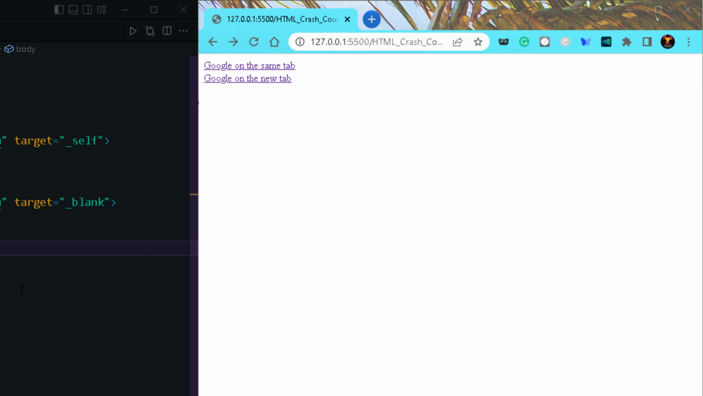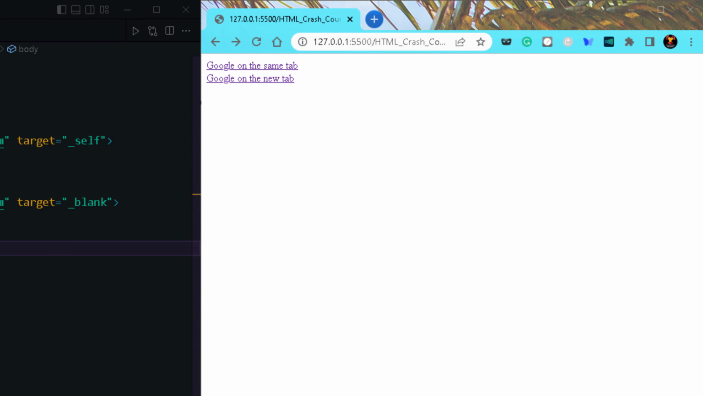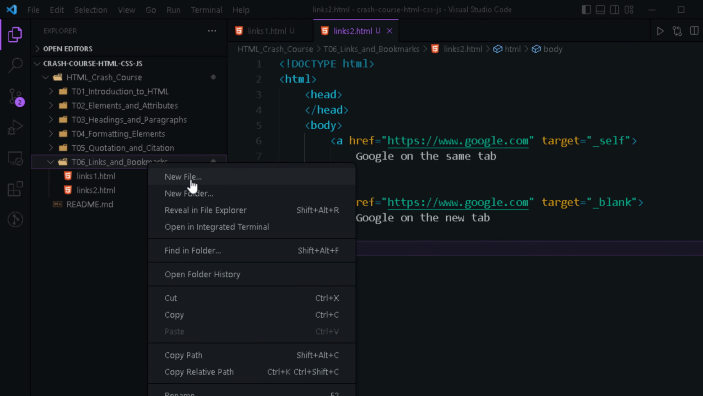So unless we use the frame tag in our document, they won't be useful for us. Till now, underscore self and underscore blank are mostly useful, and underscore blank is one of the target values that we use most of the time. Now let's see something about absolute URL and relative URL, and for that I'm creating another file known as